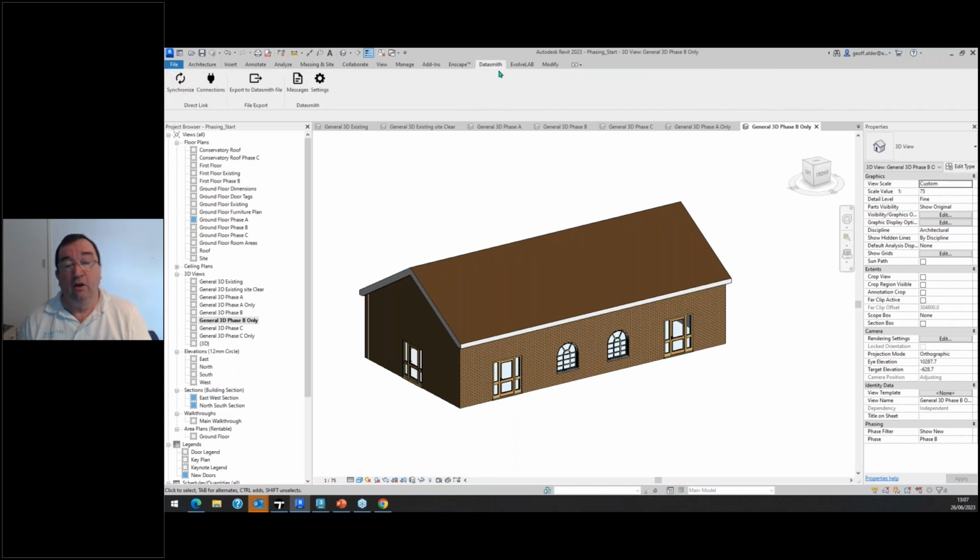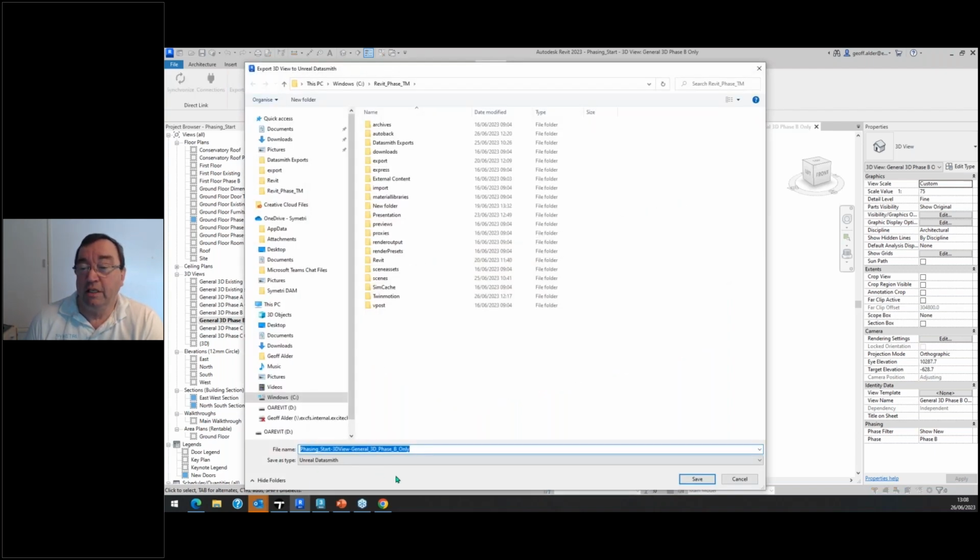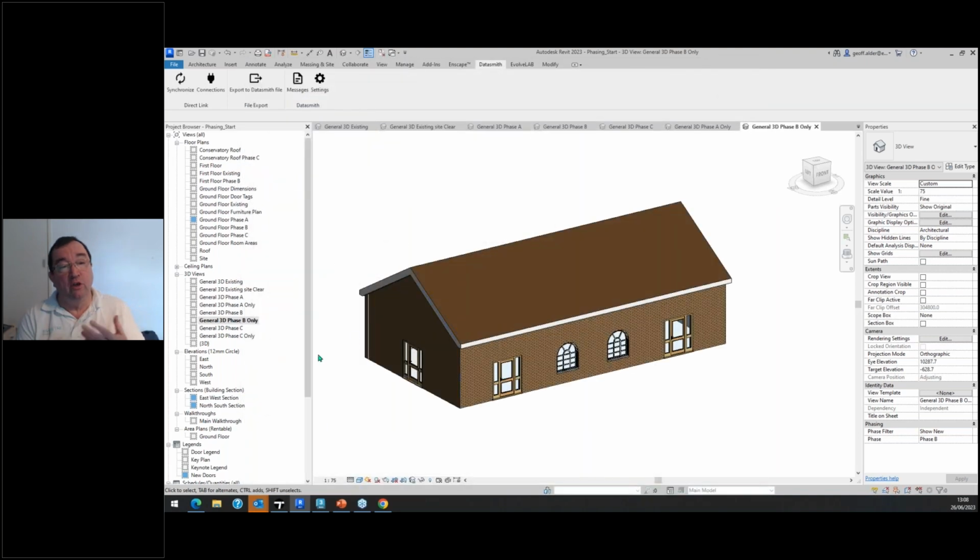Datasmith here. I'm working on Revit 2023 at the moment. If you're working on Revit 2024, the connectivity is in the View tab here. But here is mine under Datasmith, and then I can export the files. So I can export these phases as we go here. Essentially, each one of those items is sent out as a Datasmith file, and then will allow us to